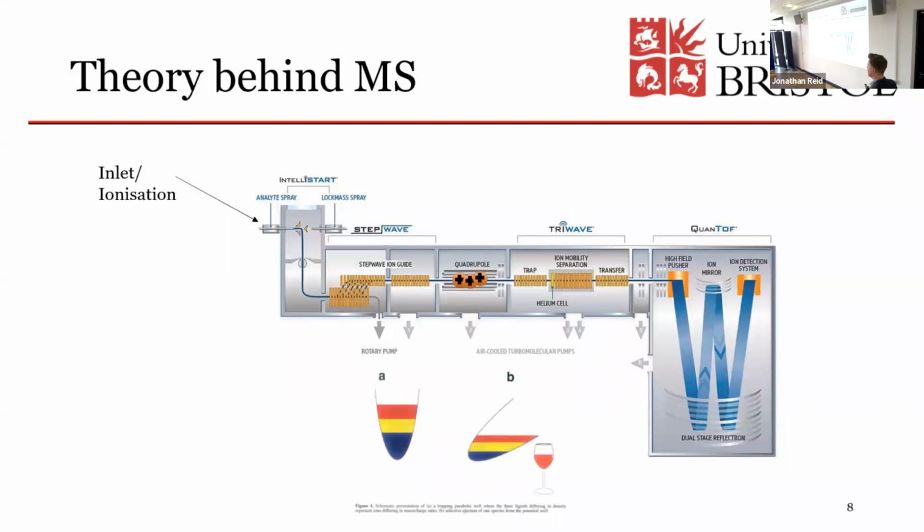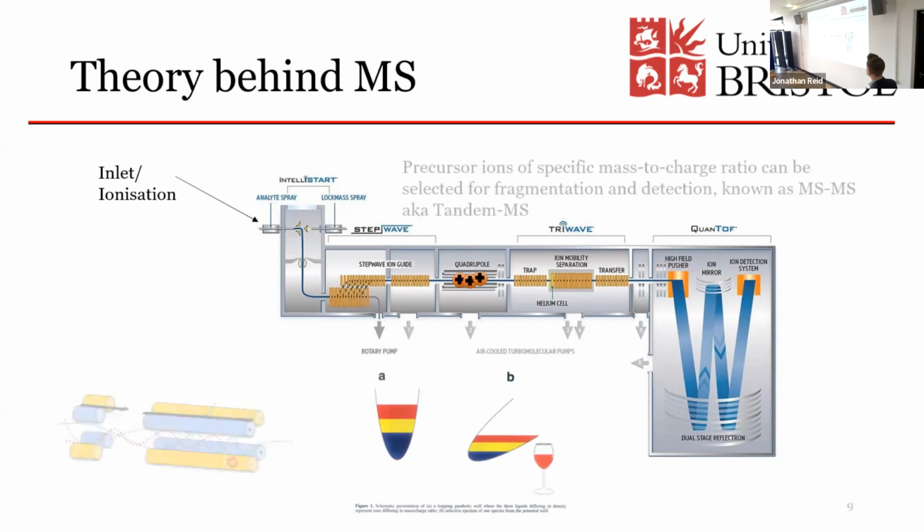So this quadrupole selects mass, and we're able to change the frequency and the amplitude of those rods in the quadrupole to size select. So what we're able to do is choose the mass of the molecules that are charged in here as well. And then this will pass through what's known as